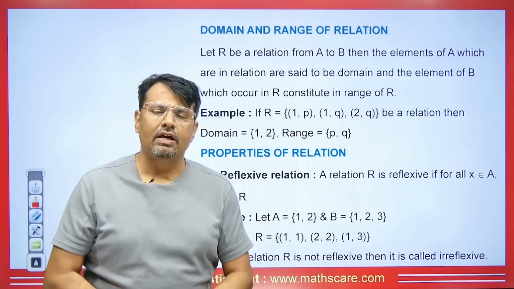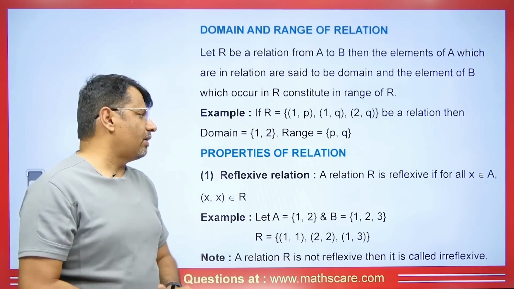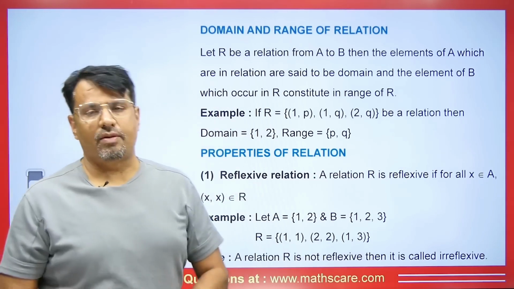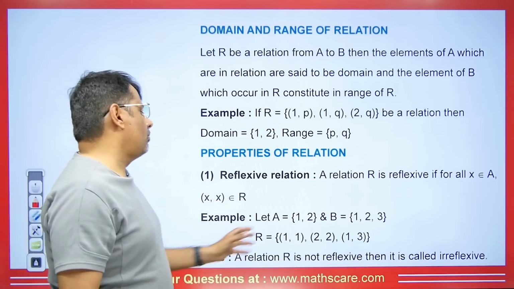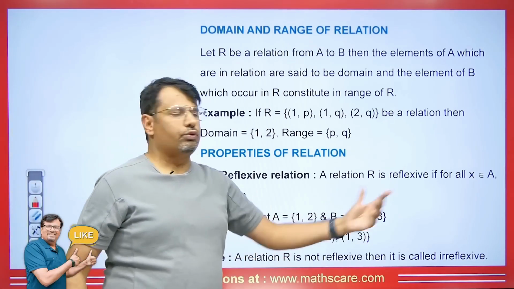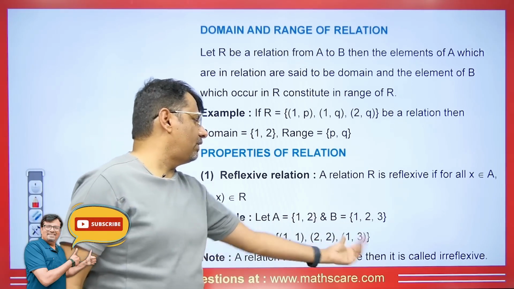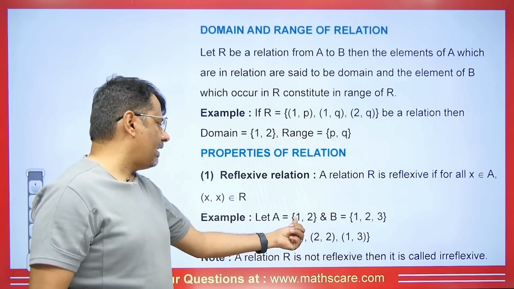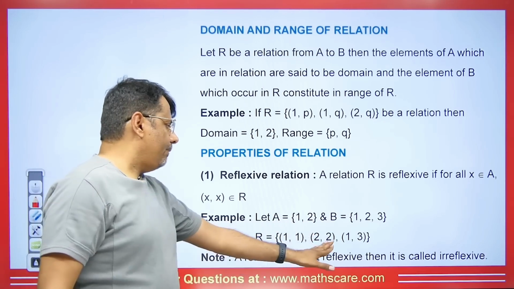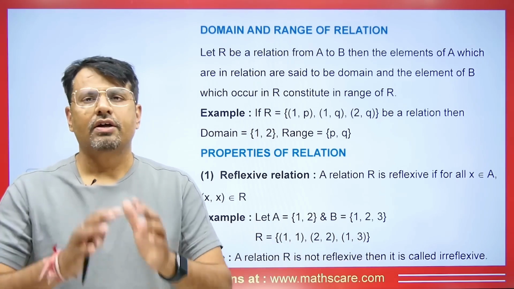Now we will talk about the properties. For any relation that is given to us, is the relation reflexive or not? A reflexive relation means that a relation R is reflexive if x belongs to A, then (x, x) must be in R. For example, suppose 1, 2 and 1, 3 have been given. If we have a relation defined as (1,1), (2,2) and (1,3), here you are seeing (1,1). 1 should go to 1 and 2 should go to 2, right students? It is going. Now 3 is not here, so (1,3) is extra, coming along. So this means it will become reflexive.